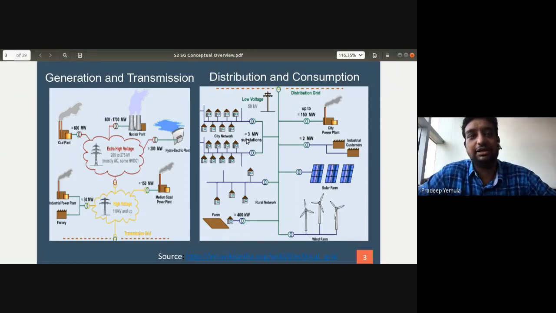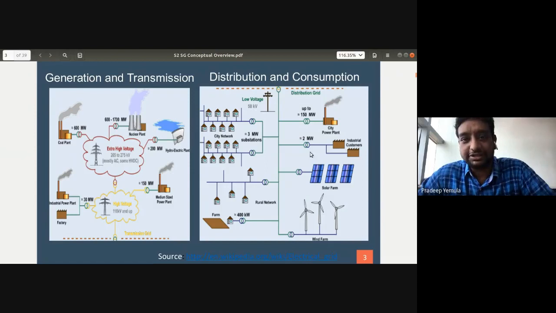Another problem could be the occurrence of faults. If there is any electrical fault, how to identify that fault? Another problem could be the variations in the solar power output or the wind power output. There will be huge variations in these new renewable energy sources. How to accommodate these variations? There are several technical problems, and another non-technical problem is the losses. If there are huge losses, that means some power theft in your network or that kind of problem, how do you eliminate that? How do you reduce the losses? So there are several problems in this particular infrastructure.